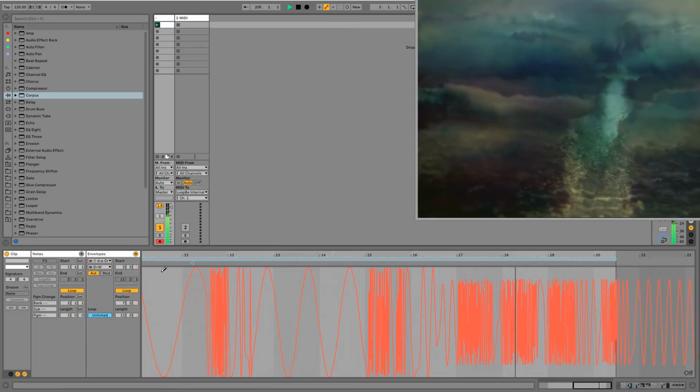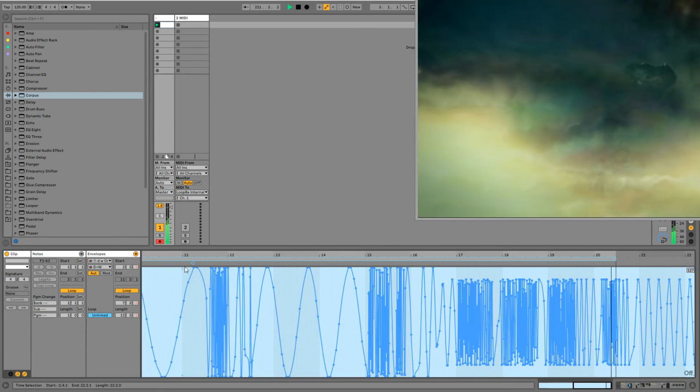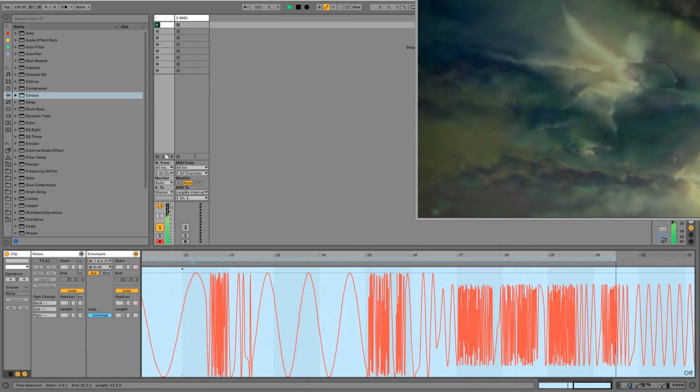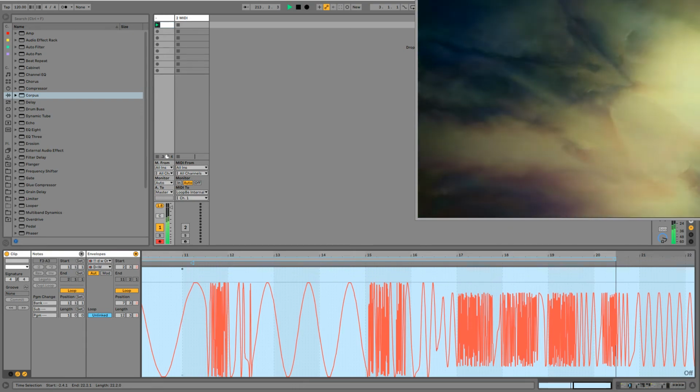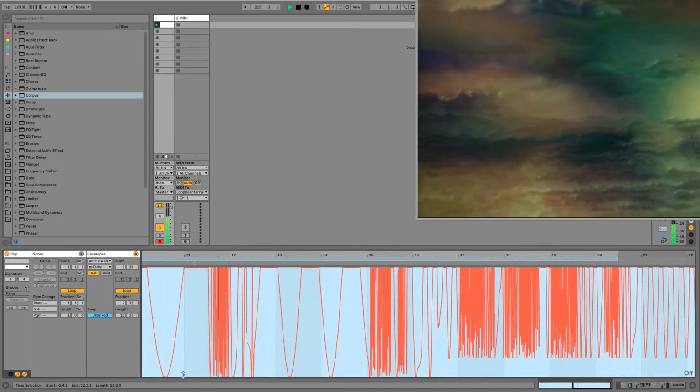Some of this automation might be a little too heavy-handed. Where's that middle point? Let's just bring it all down a little bit. Or actually bring it up.